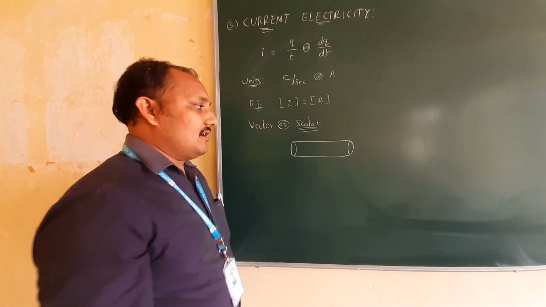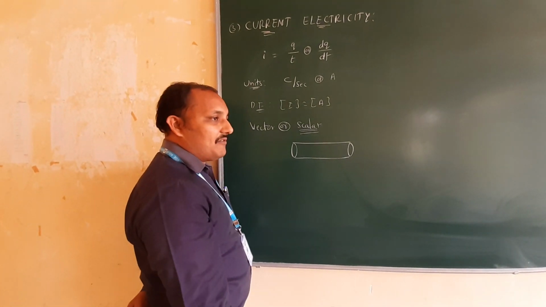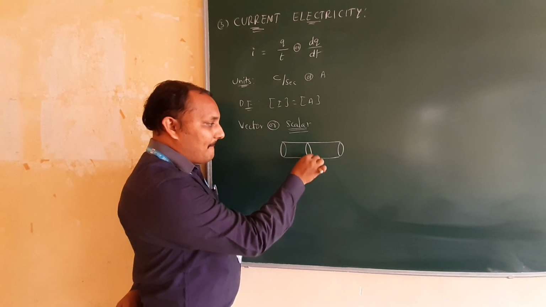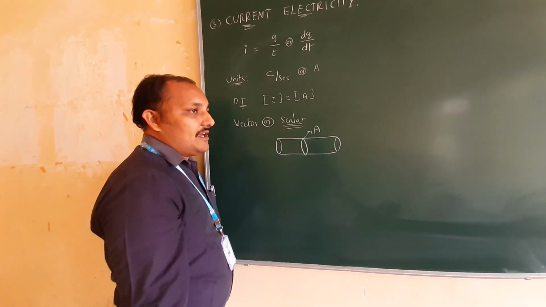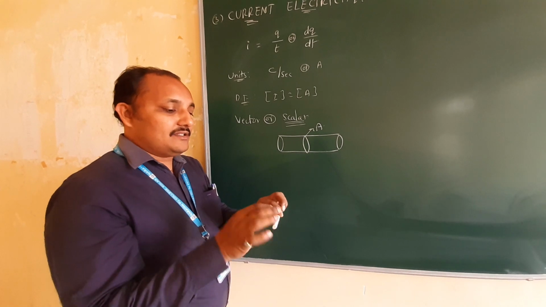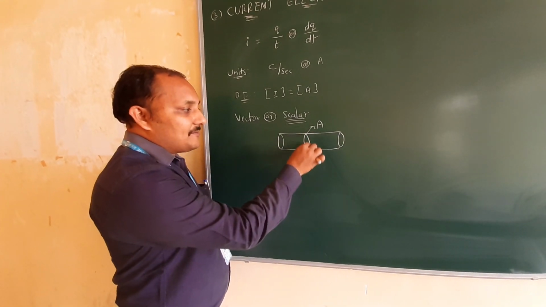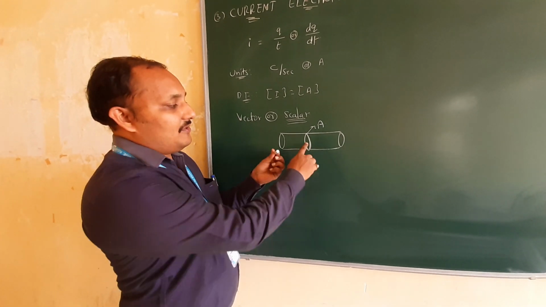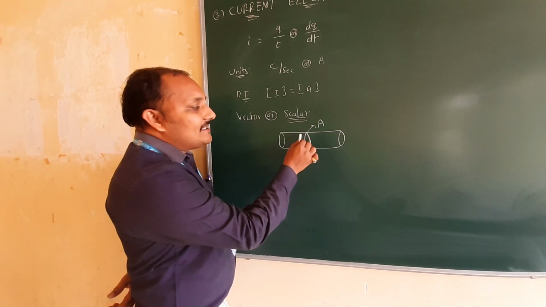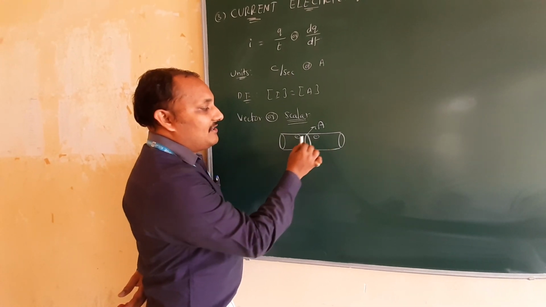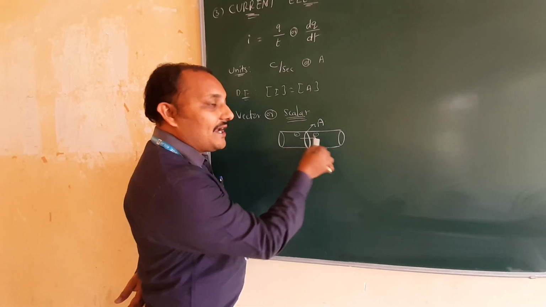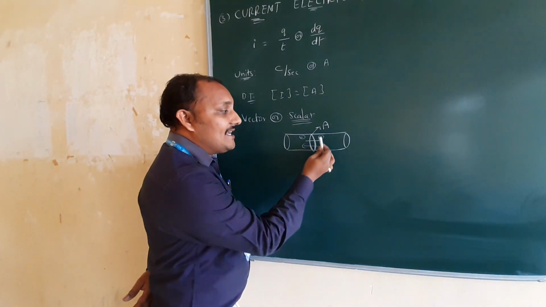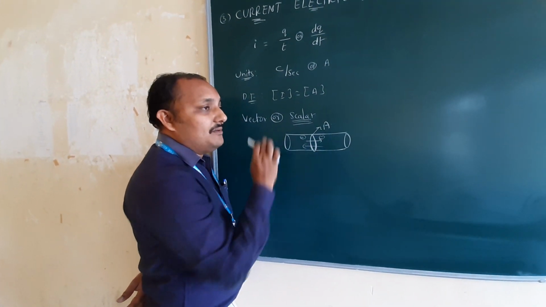Then charges are flowing on, in this also charges will be flowing. But why you won't get a shock, see. If you take one cross-sectional area, if you break this, you will get a cross-sectional area. I have taken a small cross-sectional area. This is the small cross-sectional area I have shown here. How many charges are flowing, positive or negative? How many charges are flowing from left to right? The same amount of charges are flowing from right to left. How many electrons are flowing from left to right? The same number of electrons are flowing from right to left.